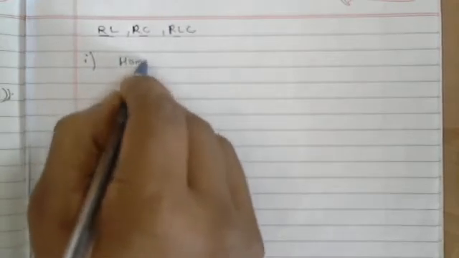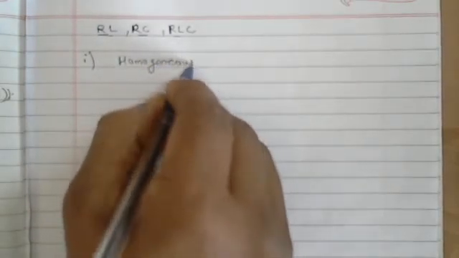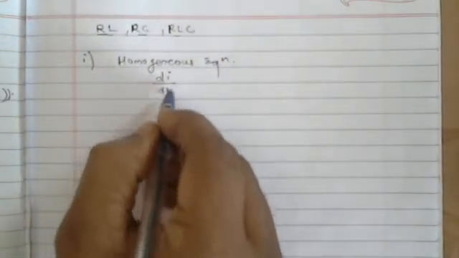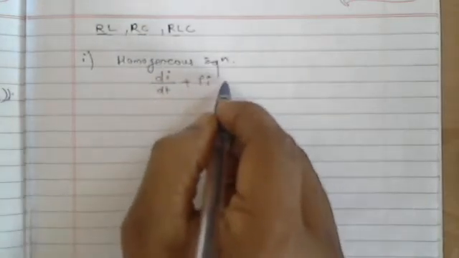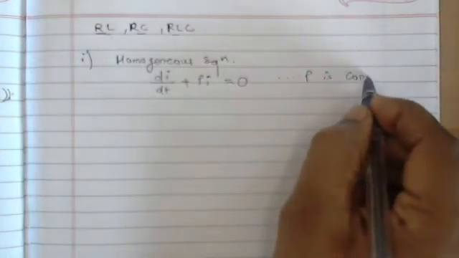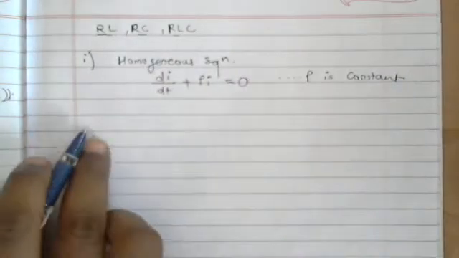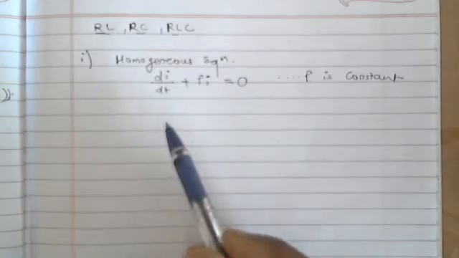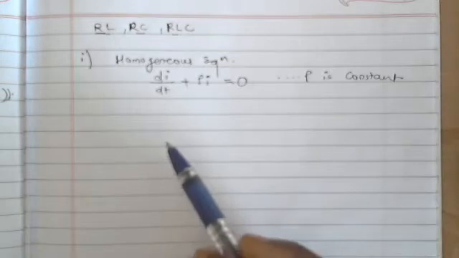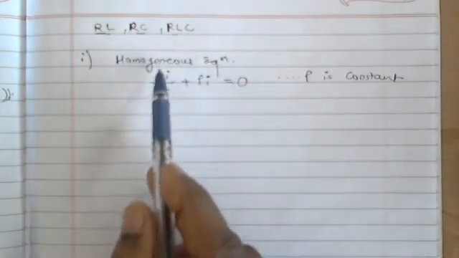Okay, so there will be two types of equations. One is the homogeneous equation, which will be of the format di/dt + pi = 0, where p is a constant. If such a type of differential equation is there, we'll solve the examples by transient analysis. After t minus and t 0 plus, we will draw the circuit for t greater than 0. There we will apply the KVL equation. Then we will have to arrange that equation in this format.